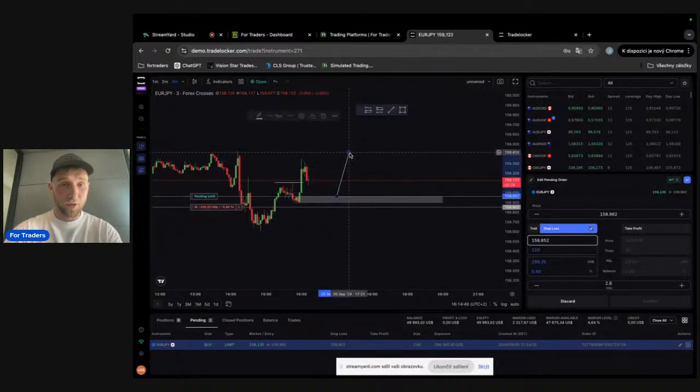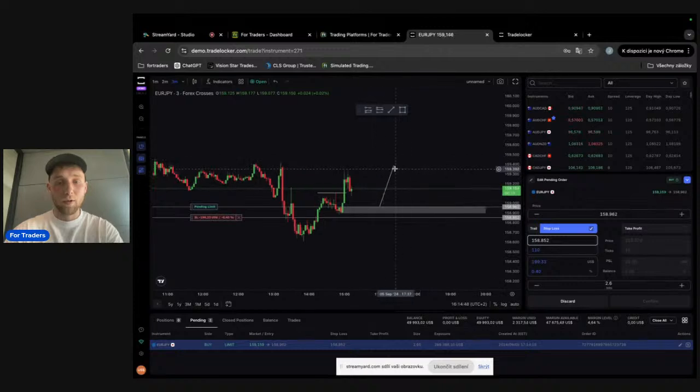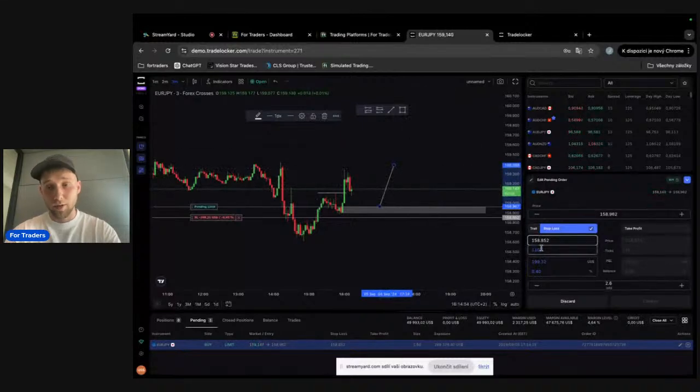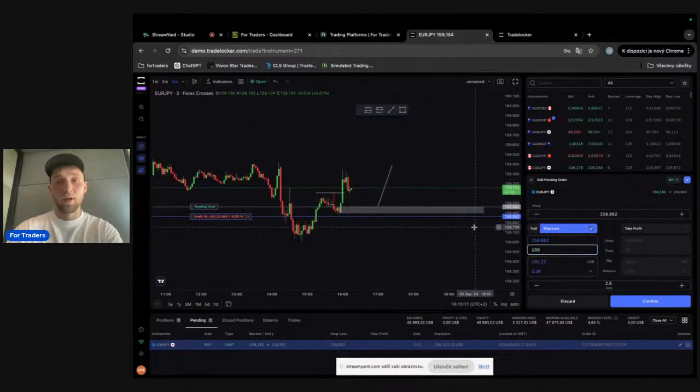Basically, if you enter a trade and it goes, let me show you an example. If it goes up, if you are expecting buyers that are going to be bullish, and it moves 10 pips, and you have set this number here, it's ticks. To put it in perspective, one pip consists of 10 ticks. So basically this is a 10 pips stop loss. And what this means is that if your position moves 10 pips in profit,